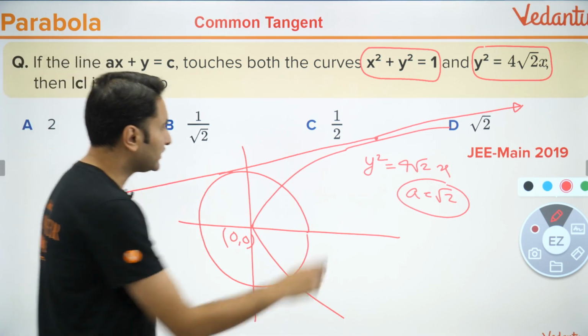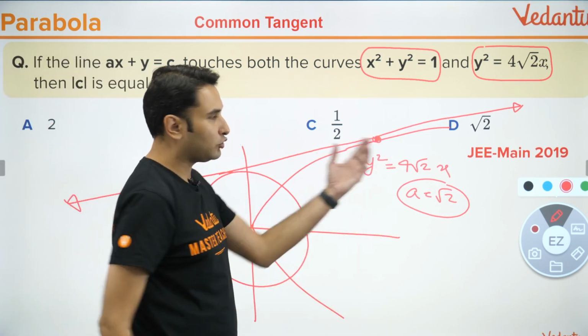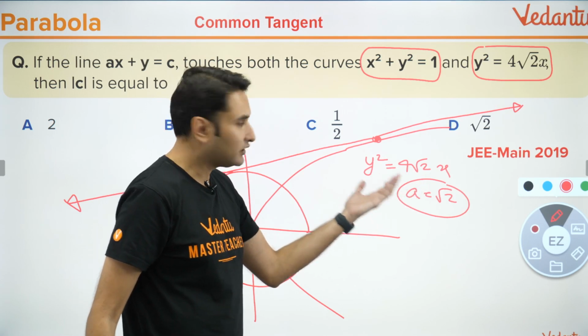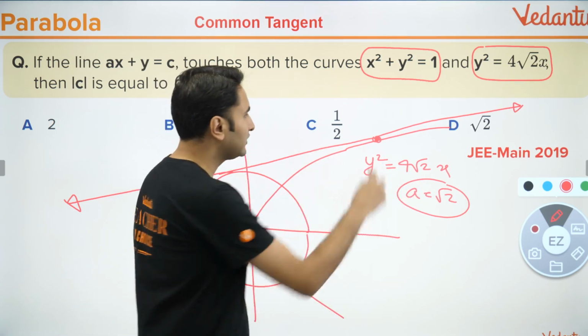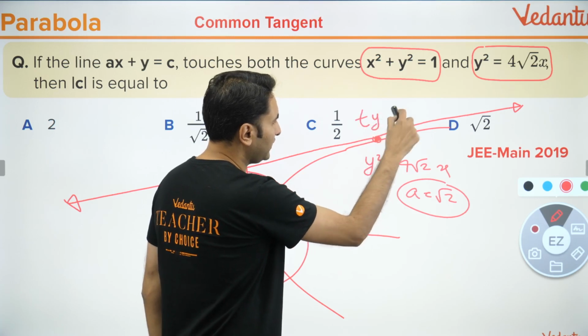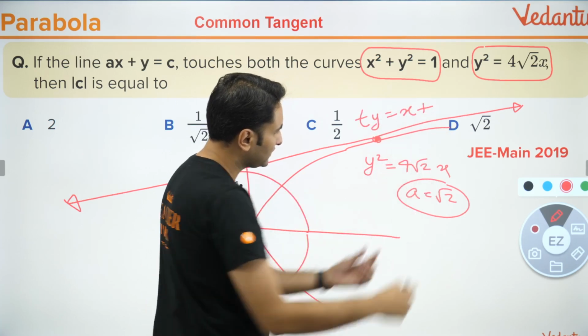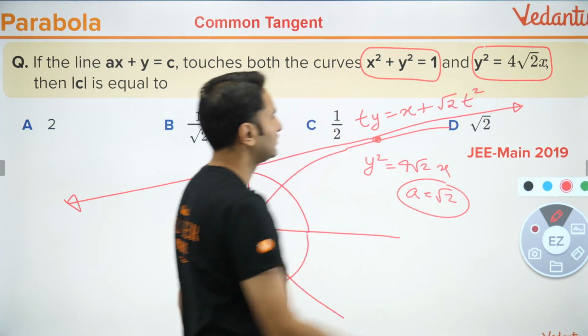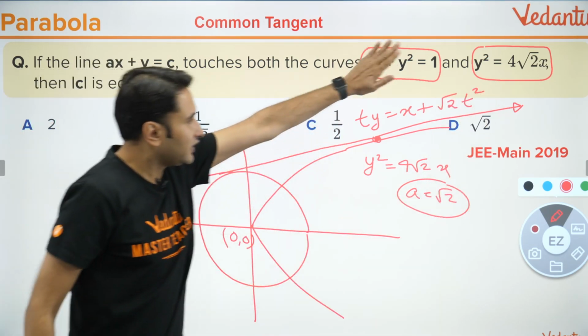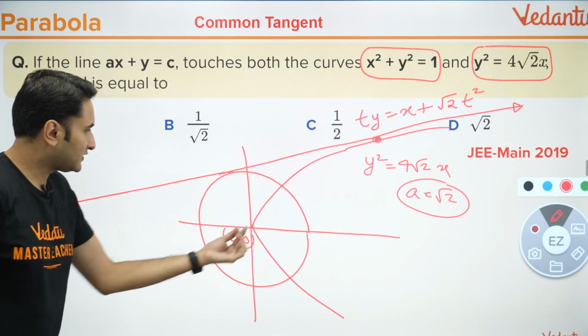Step 1. Write down the tangent to the parabola. What is tangent to the parabola? y is equal to tx plus at square. y is equal to tx plus a, a is √2. Now its distance from the center